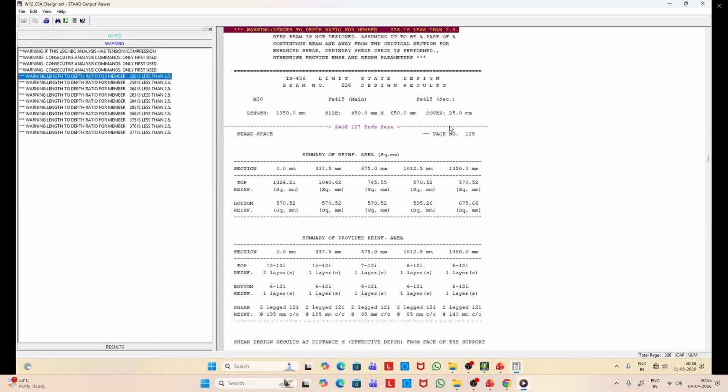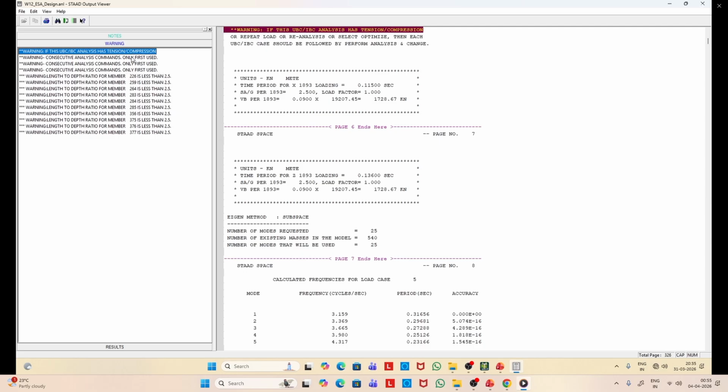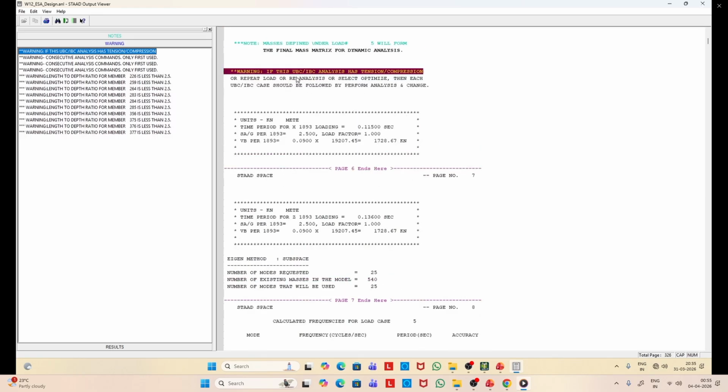Still there are some warnings. We'll see the warnings. So you can see deep beam is not designed. Length to beam ratio for number 226 is less than 2.5, and that's because we have a lot of secondary beams. Here for this one it is not so important.